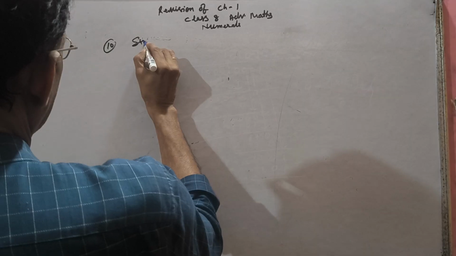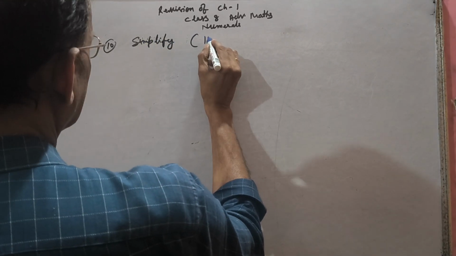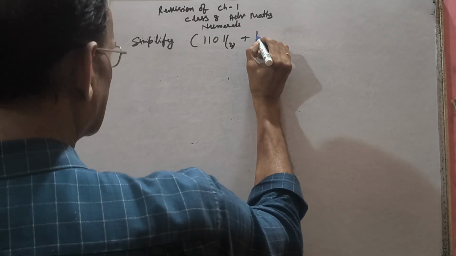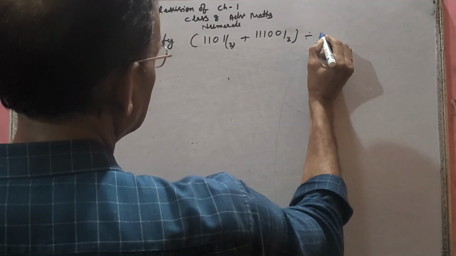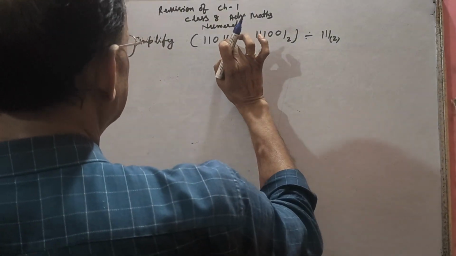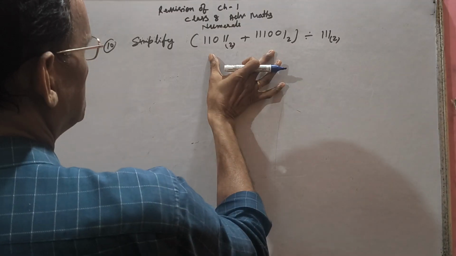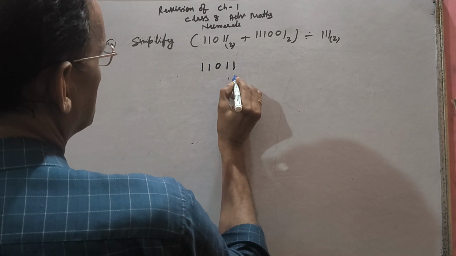Simplify: 11011 base 2 plus 11101 base 2, divided by 111 base 2. Now we have addition and division. Okay, so first to simplify the bracket, we need to add only. So 11011 and this is